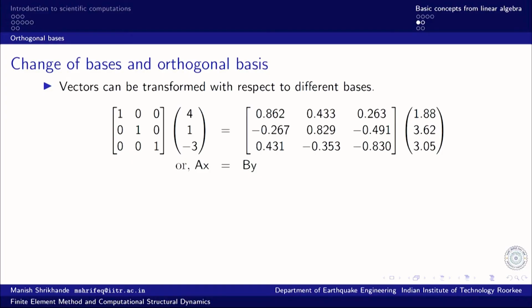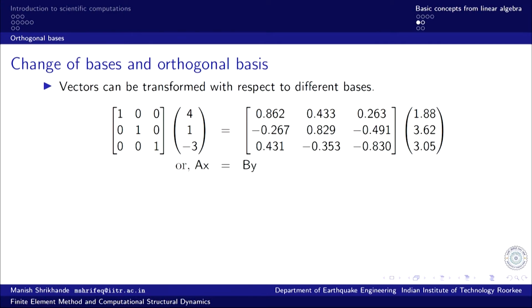So, 4 1 minus 3 is with respect to Euclidean base unit vectors, and the same point can have coordinates 1.88, 3.62, 3.05 if I use the base vectors oriented along these directions as indicated,